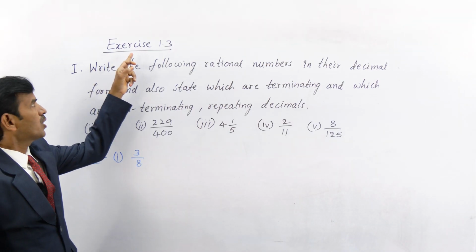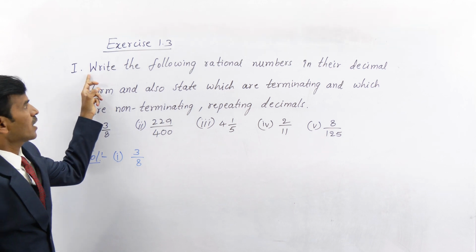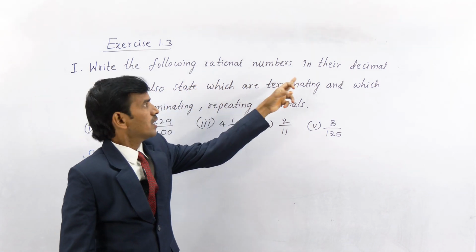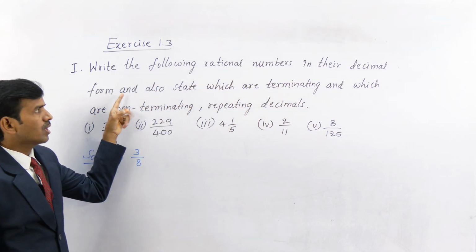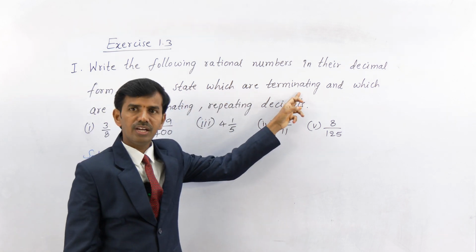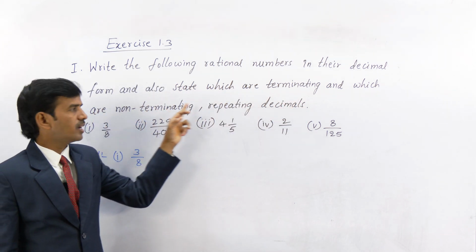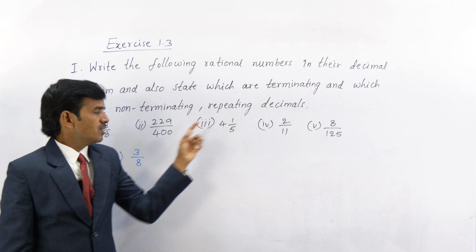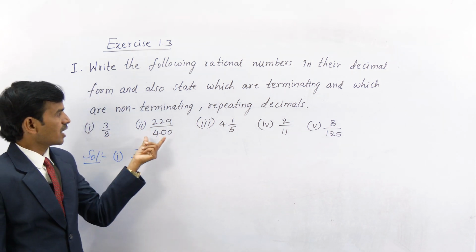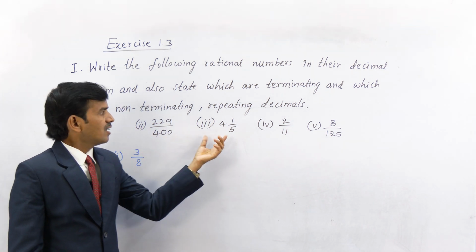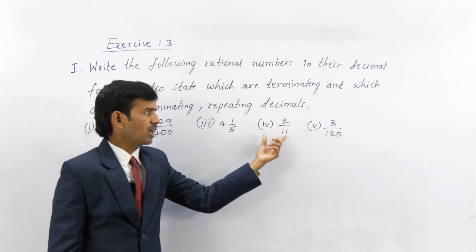From exercise 1.3, let us see the first bit. Write the following rational numbers in their decimal form and also state which are terminating and which are non-terminating repeating decimals. So first question 3 by 8, second one 220 by 400, 4 into 1 by 5, 2 by 11,